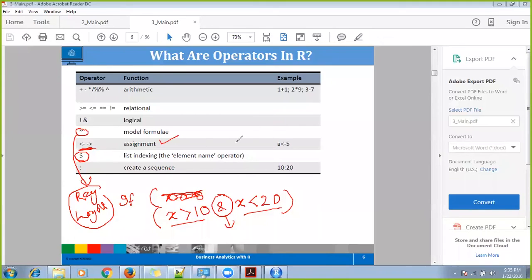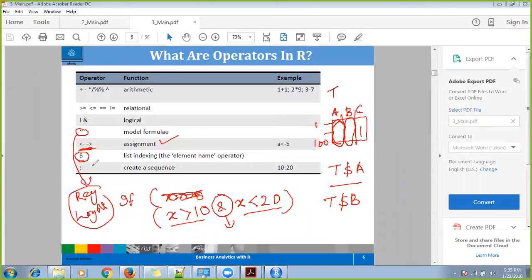Dollar is basically used if there is a table kind of structure, and I have rows here, right? Let's say 1 to 100 rows are there, and let's say I have three columns, column A, column B, column C, and let's say this table name is T. So if I write T dollar A, it will fetch this column for me. If I write T dollar B, it will fetch column B for me. Similarly, T dollar C will fetch column C. So that is how we'll be using it.